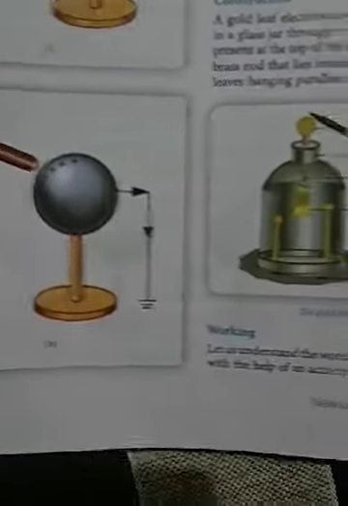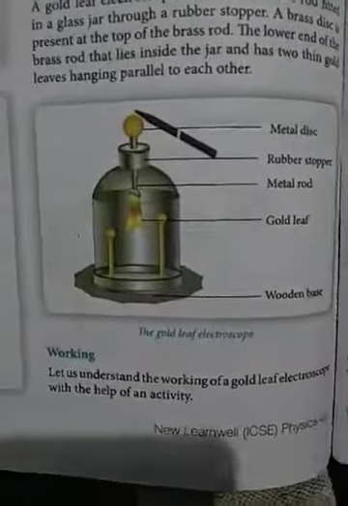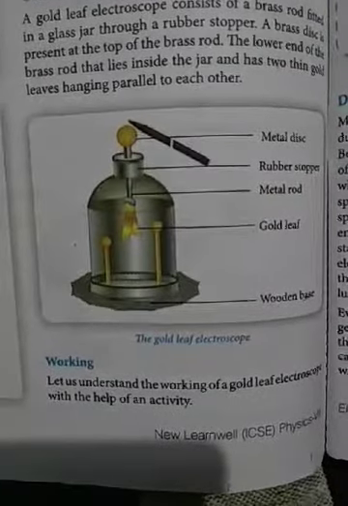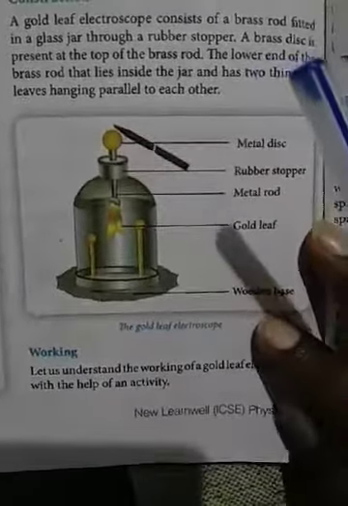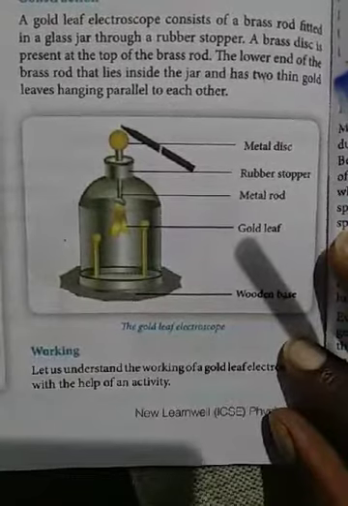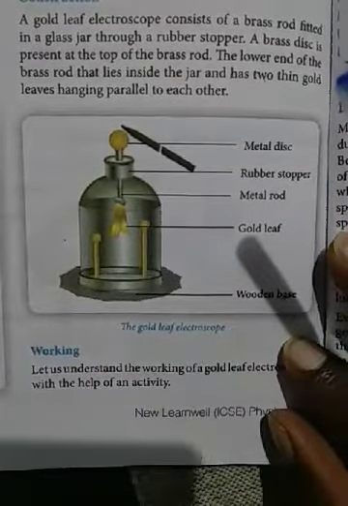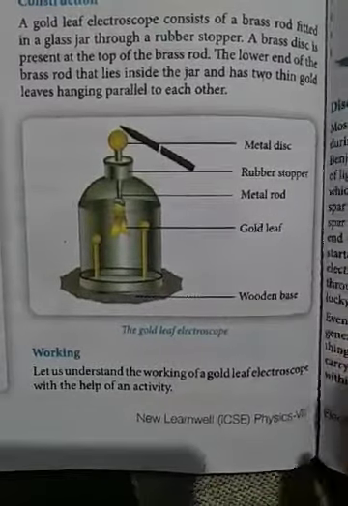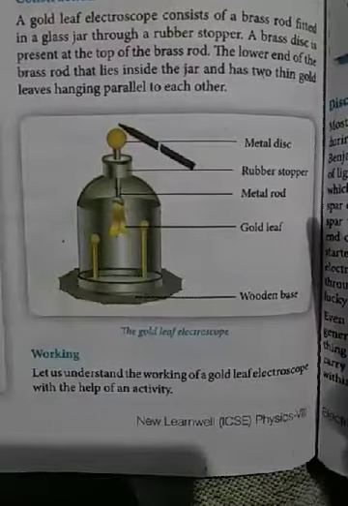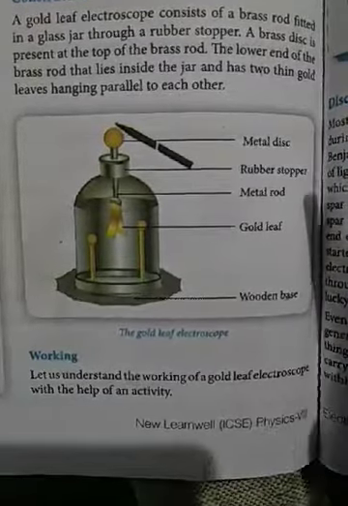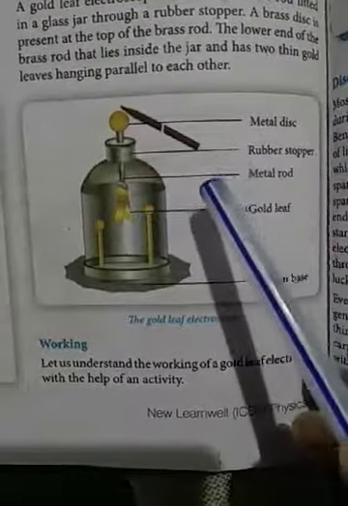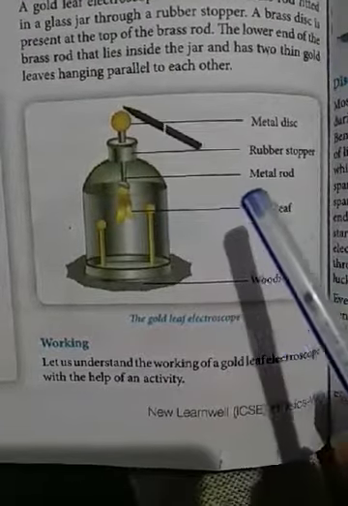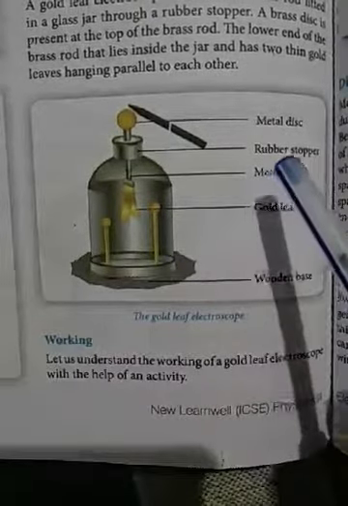So now, the gold leaf electroscope. An electroscope is an instrument that helps us detect whether an object is charged or not. The gold leaf electroscope is the most commonly used electroscope. It is used to detect and measure charge on an object. Now, the construction of the gold leaf electroscope. A gold leaf electroscope consists of a